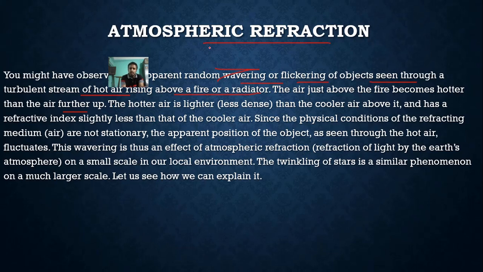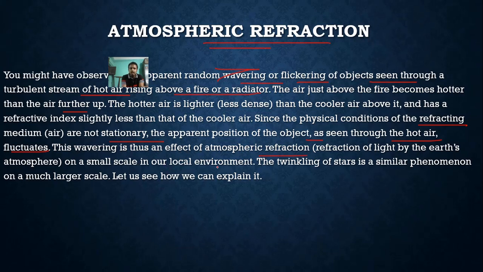That is nothing but this atmospheric refraction only. Since the physical conditions of the refracting medium are not stationary, the apparent position of the object as seen through the hot air fluctuates. This wavering is thus an effect of atmospheric refraction